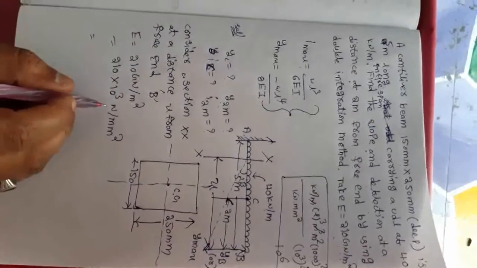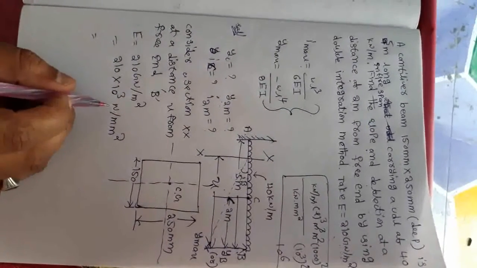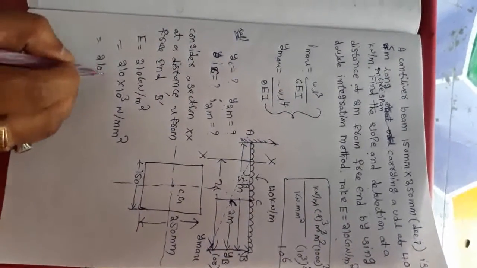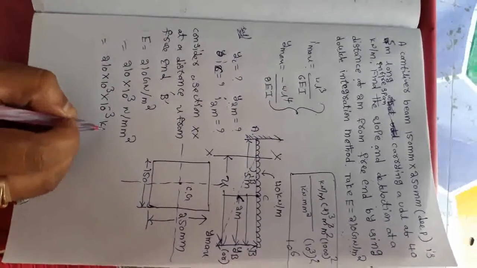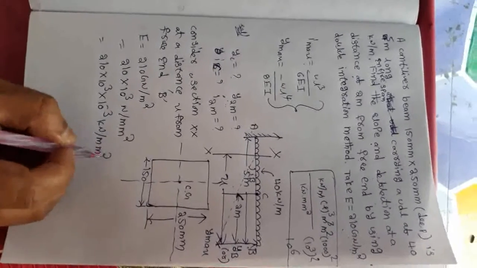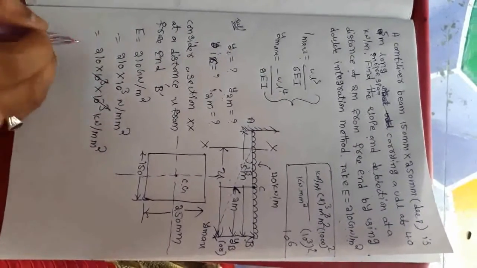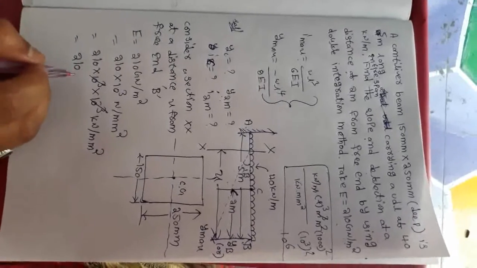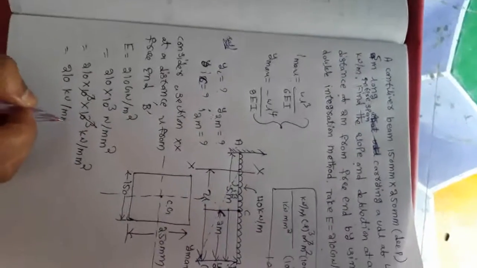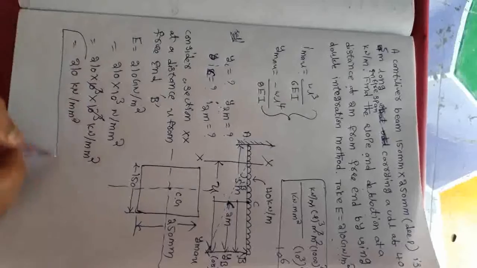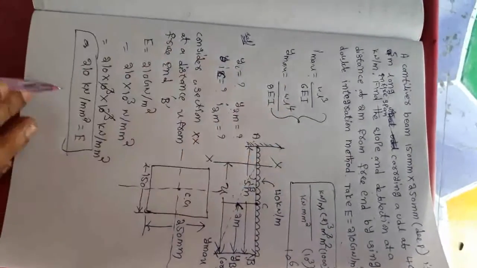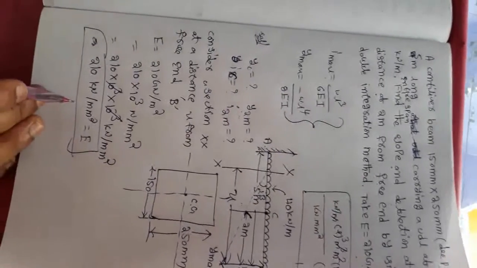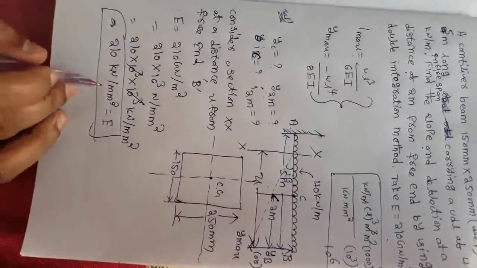And then after you can change from newtons to kilonewtons. For changing newtons to kilonewtons, you multiply by 10 to the power of minus 3. So these units change into kilonewton per mm square. So 10 to the power of 3 and 10 to the power of minus 3 cancel, and the remaining value is 210 kilonewton per mm square. Kilonewton per mm square is the E value, as given in the problem. We are changing the units from giganewton per meter square to kilonewton per mm square.